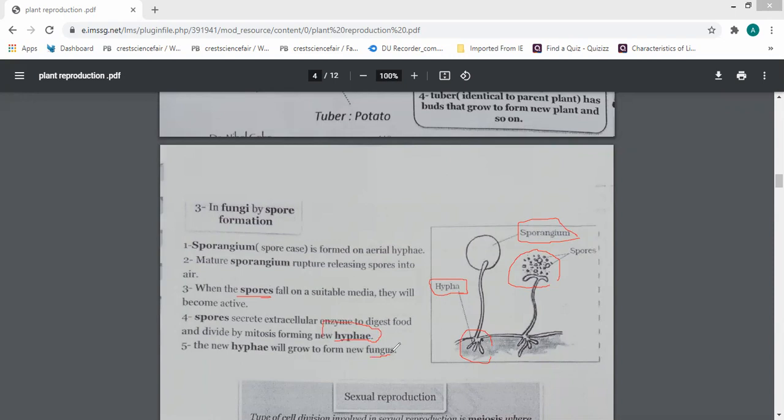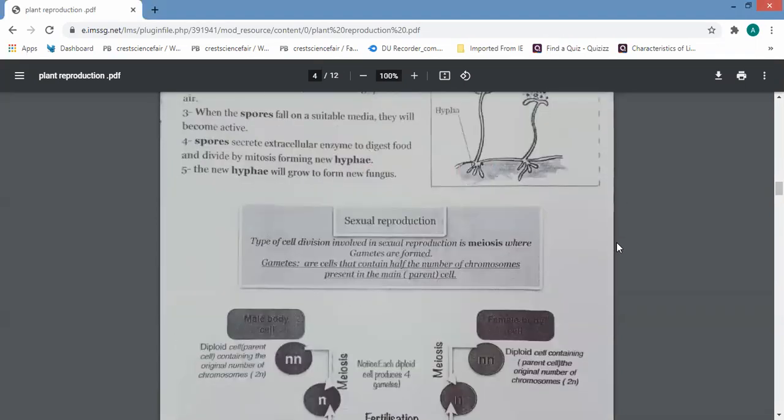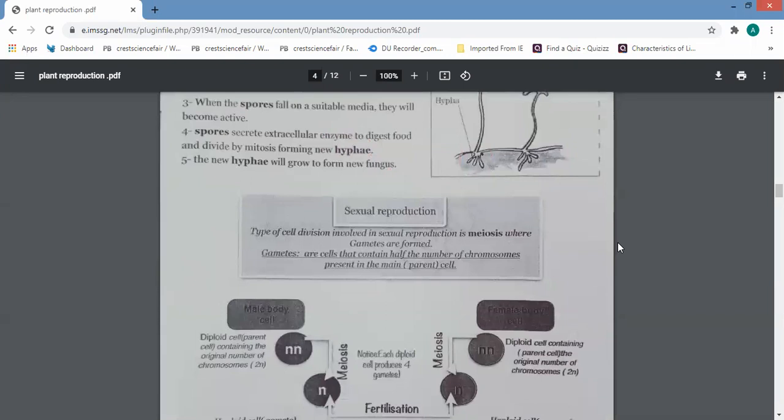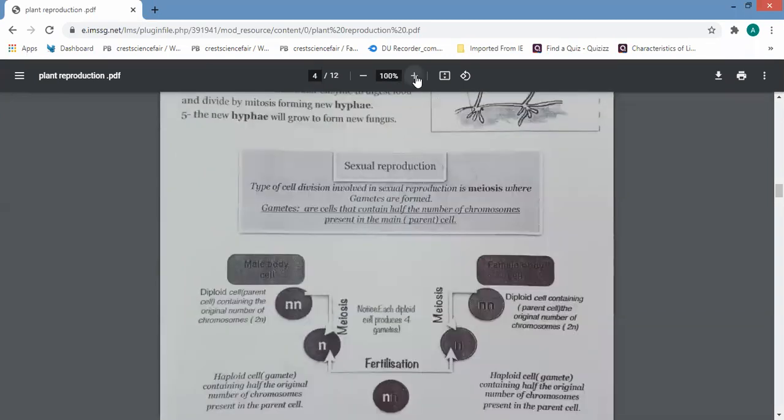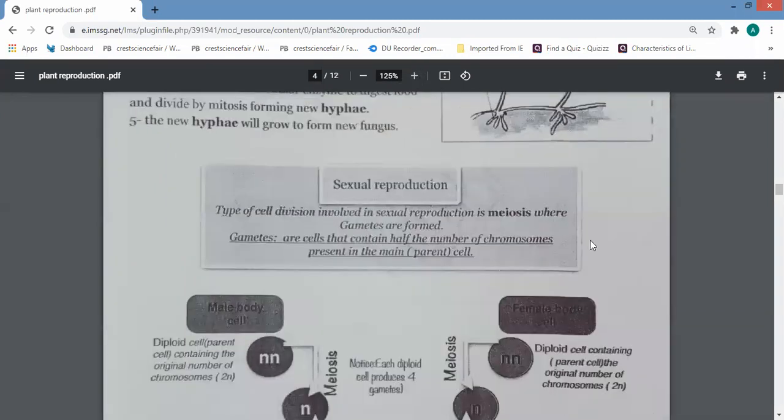So the examples about asexual reproduction are the tuber in the potatoes and the reproduction by formation of spores in fungi. And then we explained sexual reproduction, and we said that sexual reproduction requires